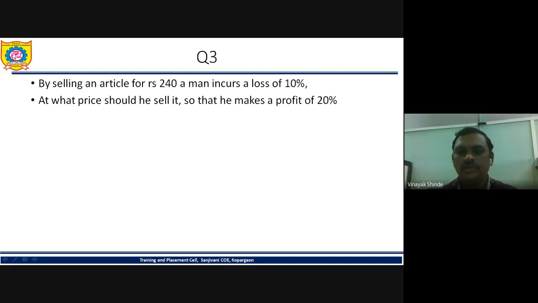Go through the question carefully. Try to understand the meaning of it. Write down the given things. Use the shortcut method, or else you can use the formula and try to get the answer. And you should try on your own. If only the teacher solves, then there is no use. Everybody should try. You should be ready with pen and paper. And I'll ask the answer to anybody.